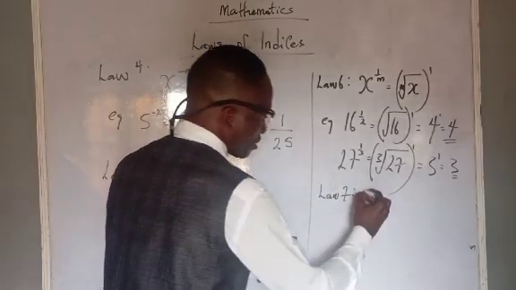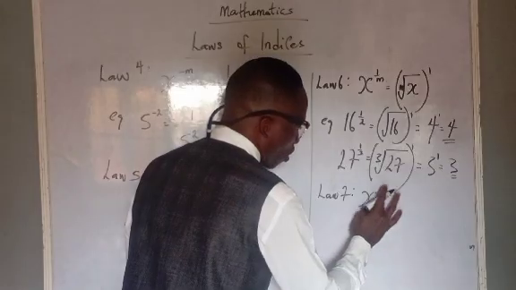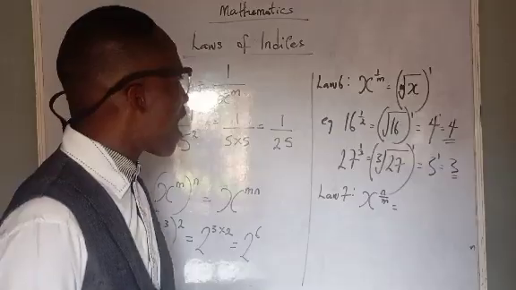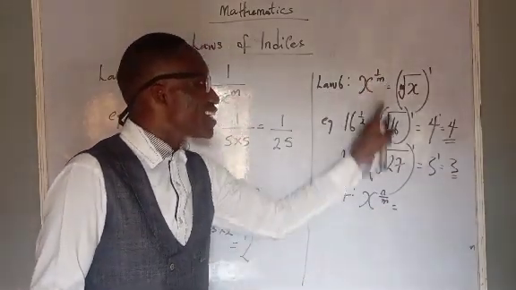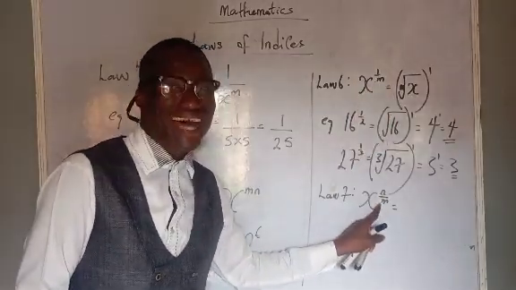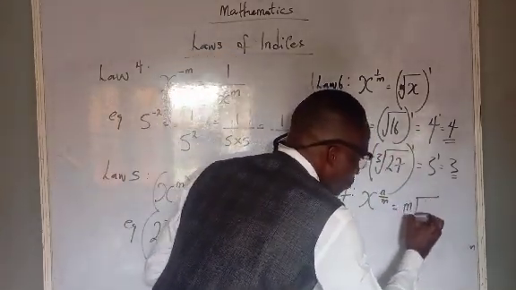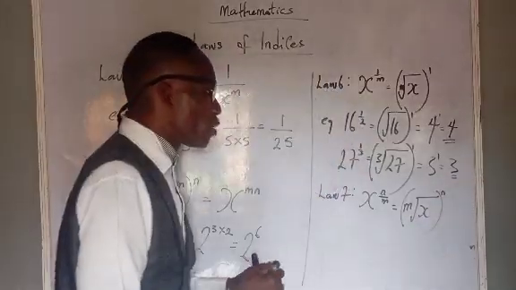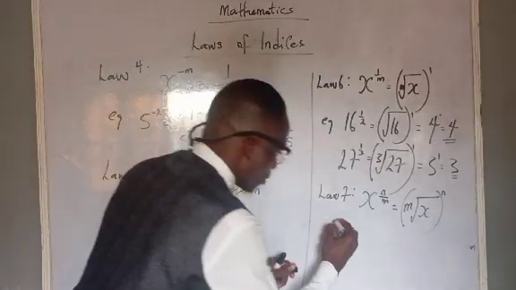Law 7 states x raised to the power of m all over n. The same as before. In this you have 1 over n, and this is a fraction and this is a fraction. But just that this one has 1 as a numerator, but this one is not going to have 1 as a numerator. The same law goes. You make the denominator your root, and the numerator your power. Example, I have